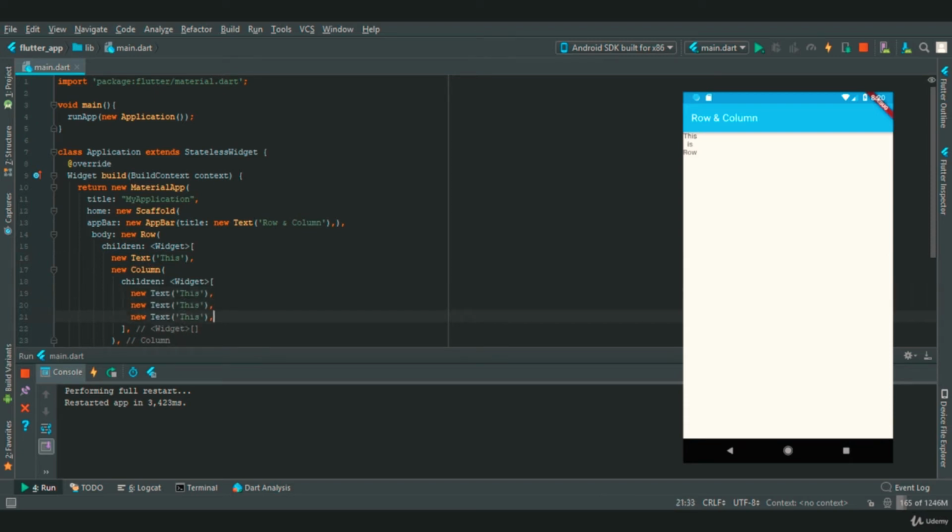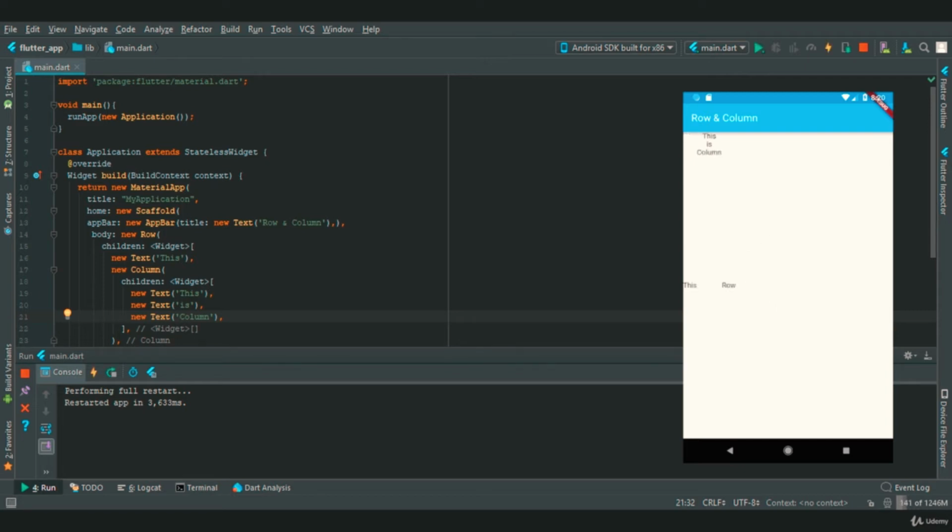So I will say this is column. Now let's restart our app, and we might see some alignment issues.